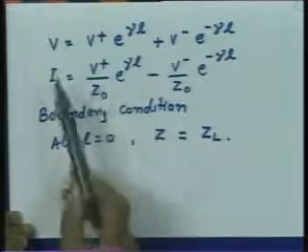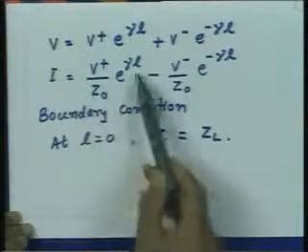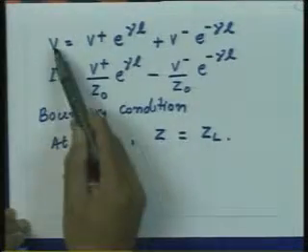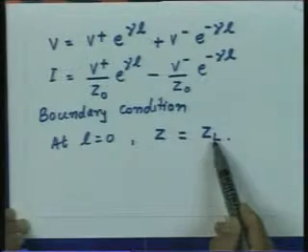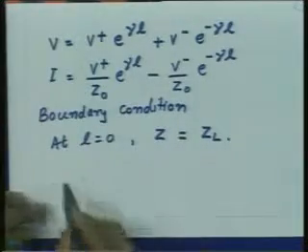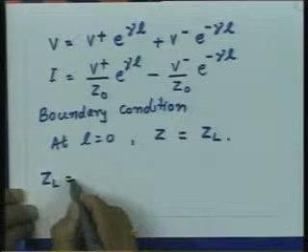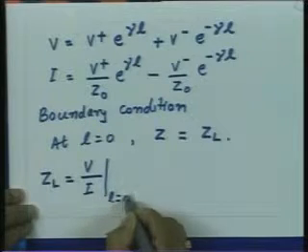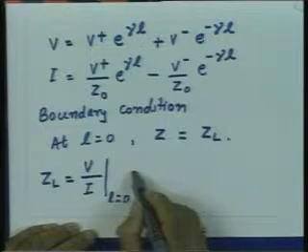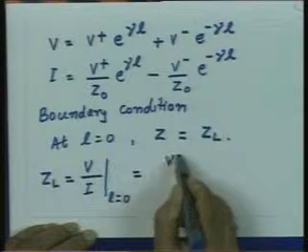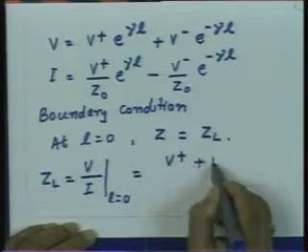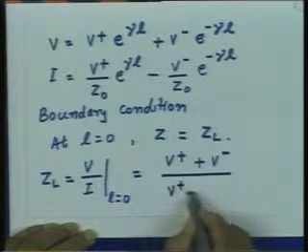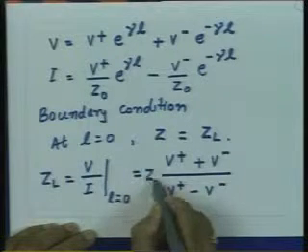So, I can take the ratio of the voltage and current at L equal to 0, and from there I can apply the boundary condition that this ratio V upon I should be equal to the load impedance. Taking the ratio of these two, I get ZL is equal to V upon I at L equal to 0, that will be equal to V plus plus V minus